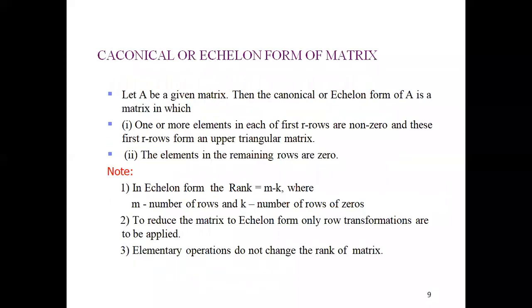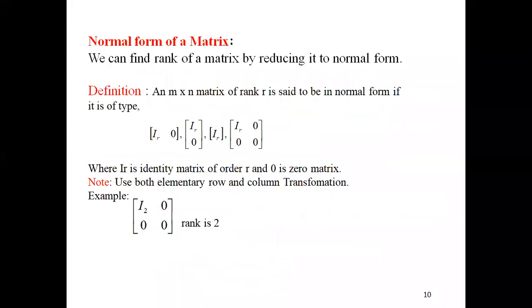And then we come across the echelon form, which is nothing but what? The number of non-zero rows. Okay. So the number of non-zero rows in echelon form is nothing but your rank. Now, instead of going through column echelon form in the whole syllabus, we are going to use only row echelon form.